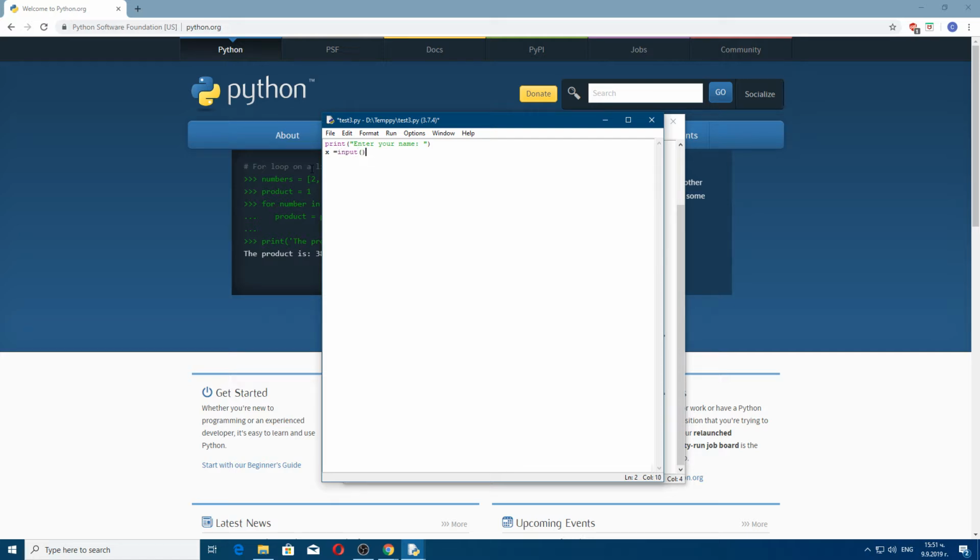We use input with empty brackets. So after that, we just do print, enter your age, another variable which is y, input, and after that we just go hello. We close the syntax plus our variable which is x,